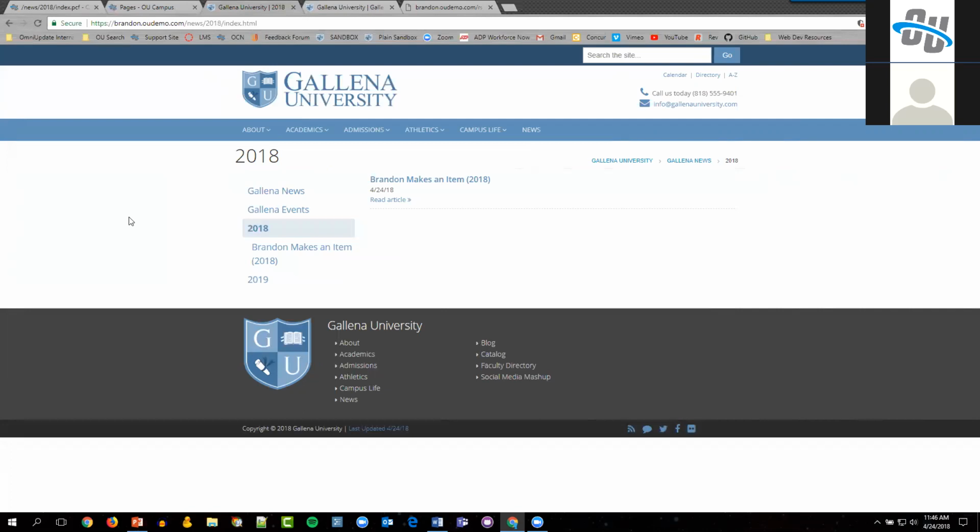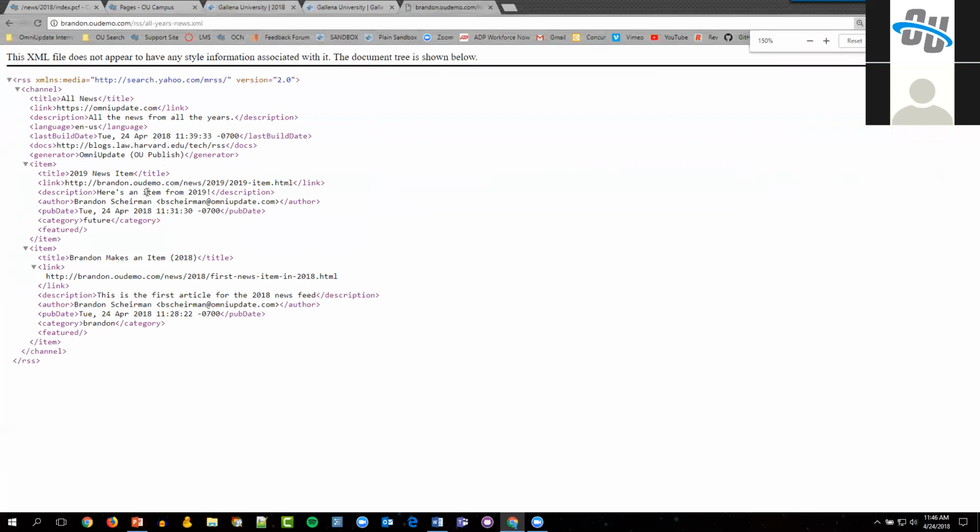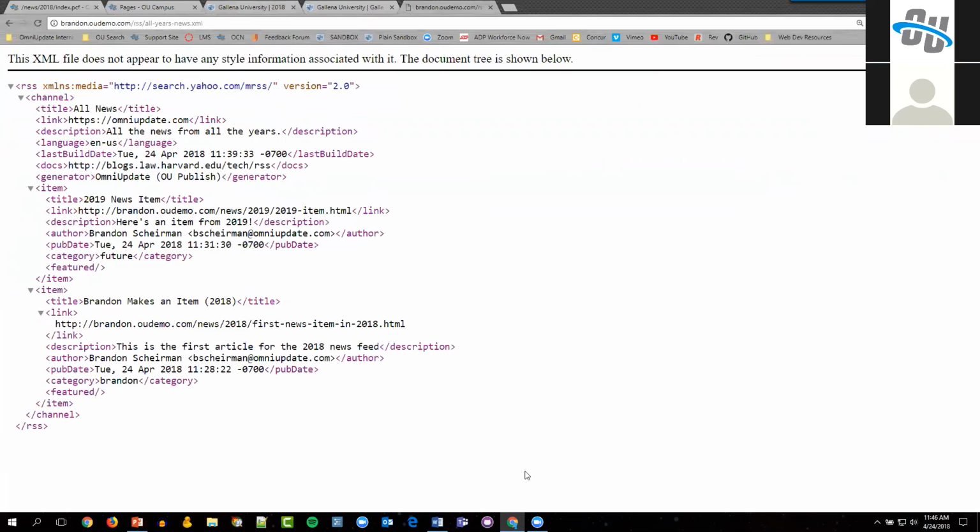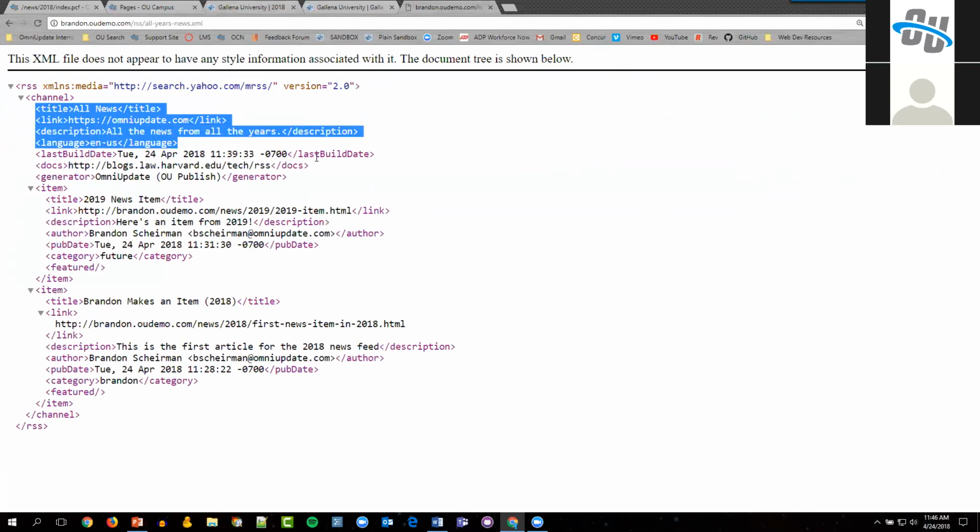Before we talk about how to fix the items that aren't in my yearly feeds just yet, we got a question from Eric who's asked what the difference is between OU blogs and an RSS feed. So that's actually a really good question. It can depend customer to customer, but the general principle is that the structure of RSS that we see here in my raw XML is a universally defined standard that is not unique to us inside of OU Campus. We actually use the Yahoo RSS standard, which a lot of people use. So it effectively dictates the structure of